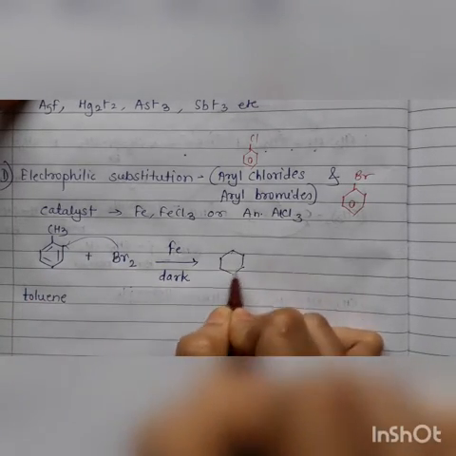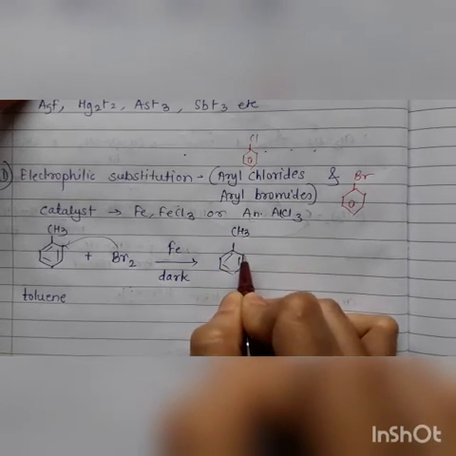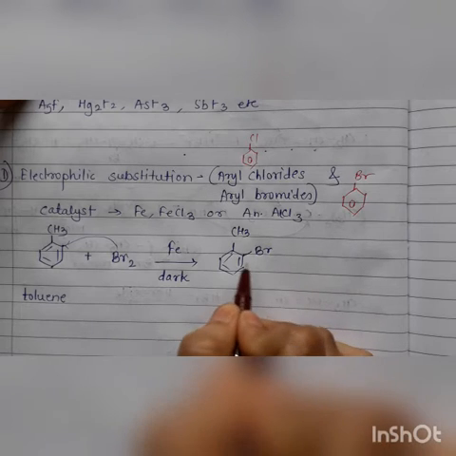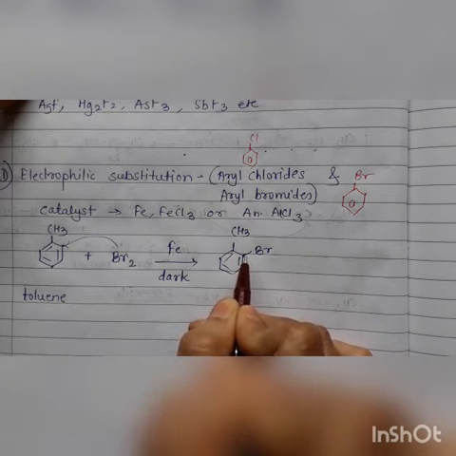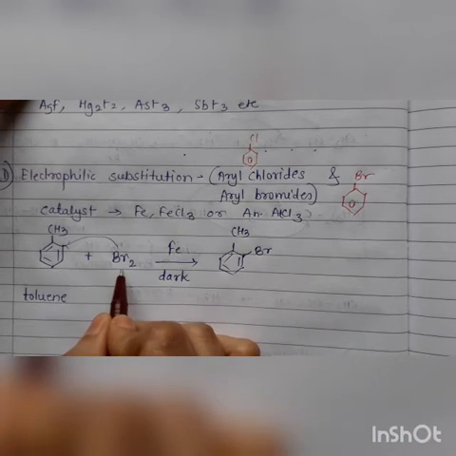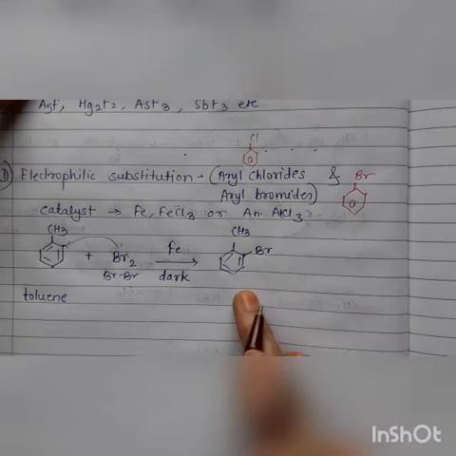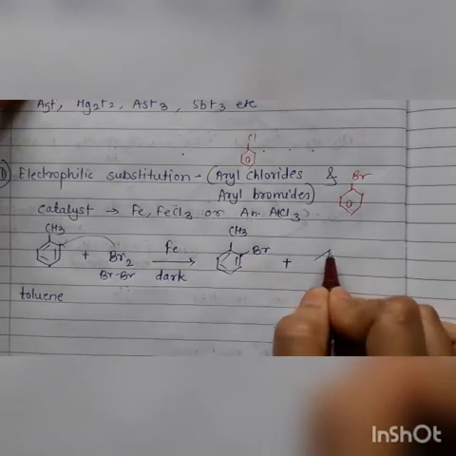So this is toluene. Okay, and on ortho position bromine will get added. The hydrogen which was present over here is replaced by bromine. Understand? So that hydrogen which was present at that position will combine with one of the bromine. Here two atoms of bromine are there. Okay, and HBr will form in this reaction.